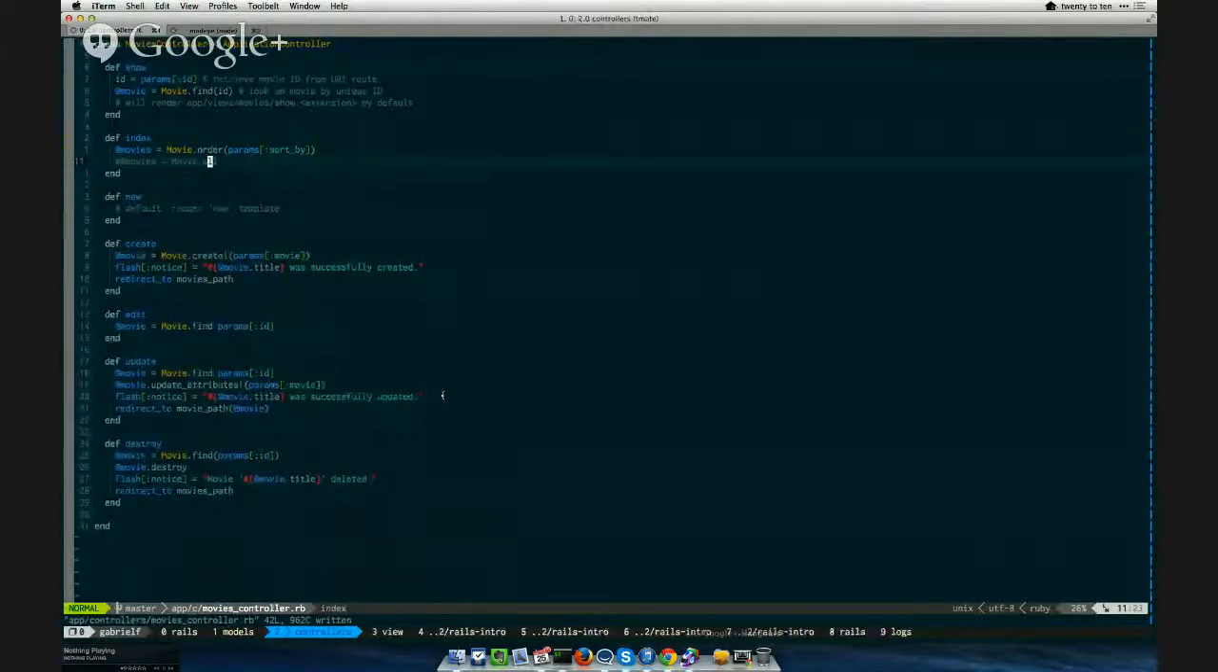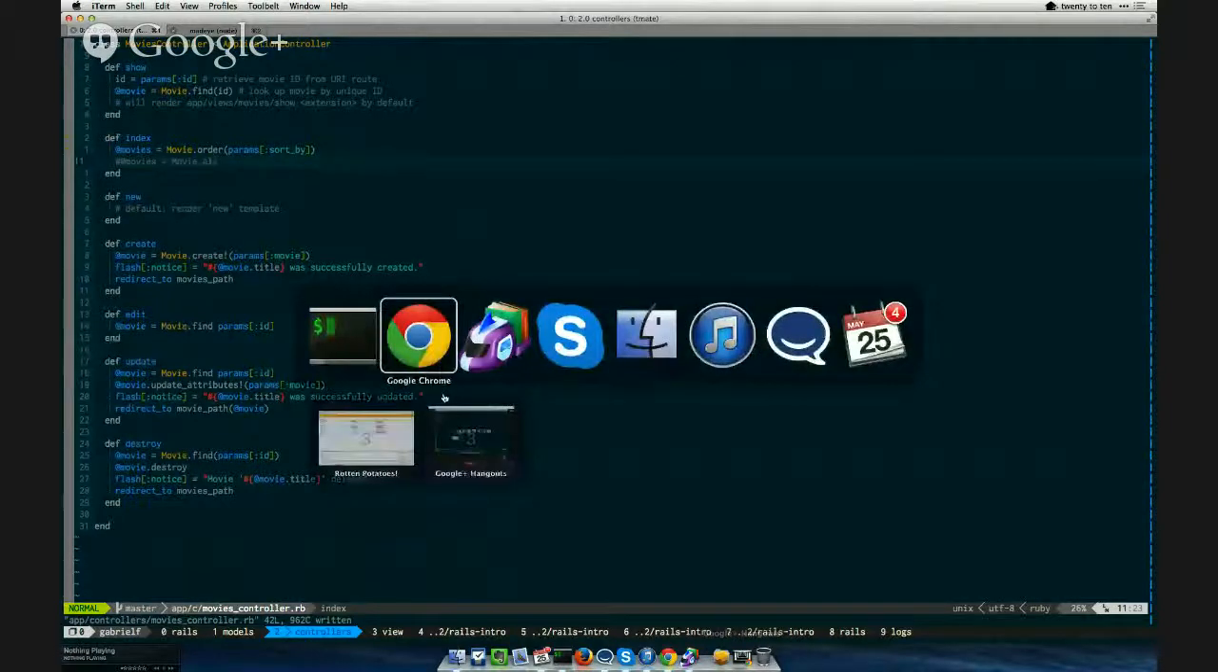Nice. Okay, the next thing we need to do here is they want us to set a CSS variable on the